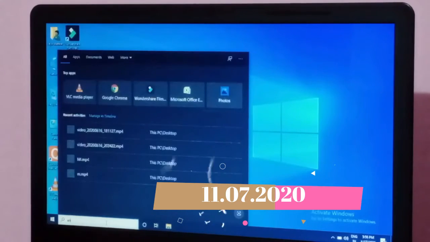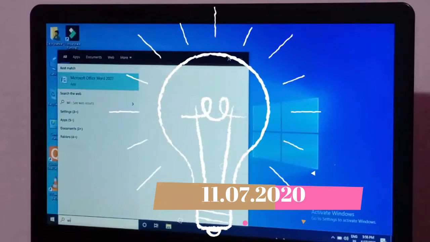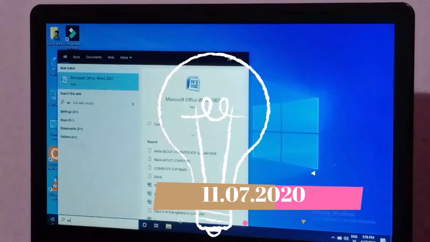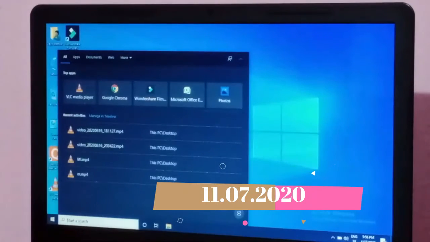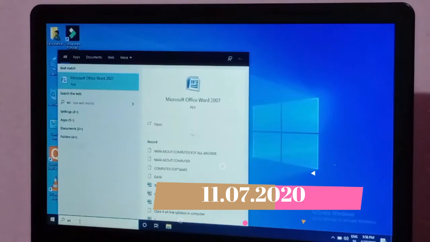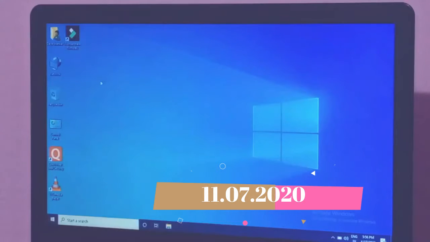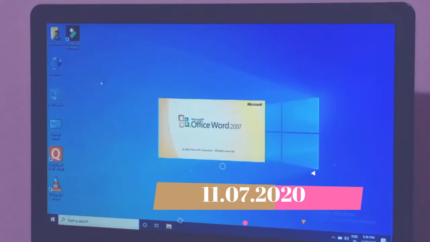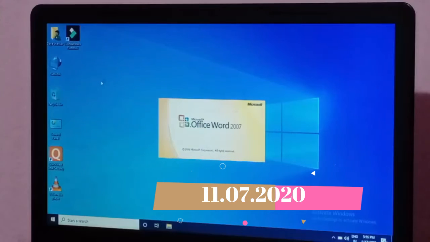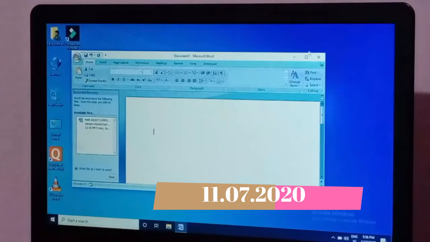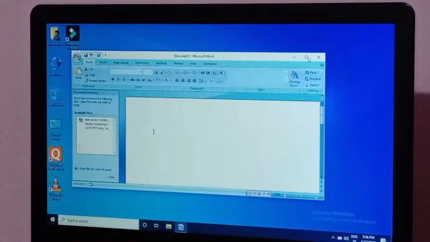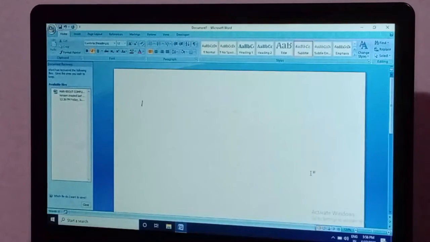This is the taskbar and this is the search button, and I just click it or write down the name in the search. I installed Microsoft Word 2007, not 2010, but the function is the same. Open Microsoft Word 2010. This is Microsoft Word.